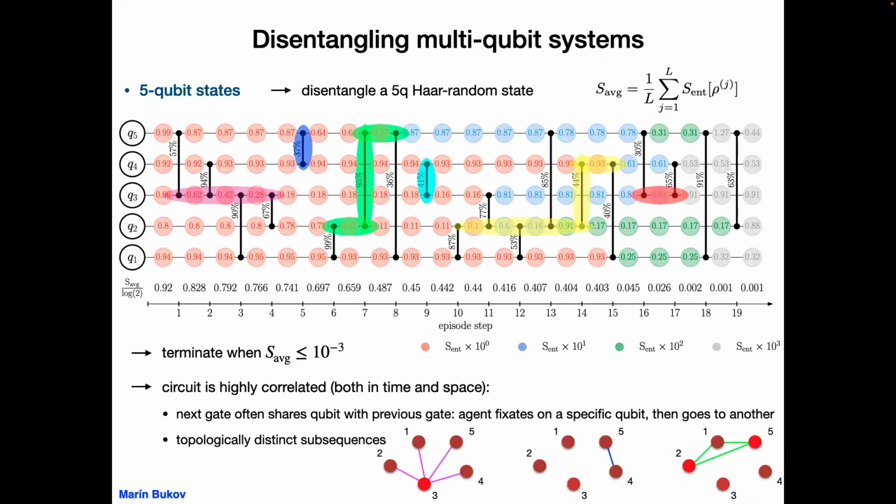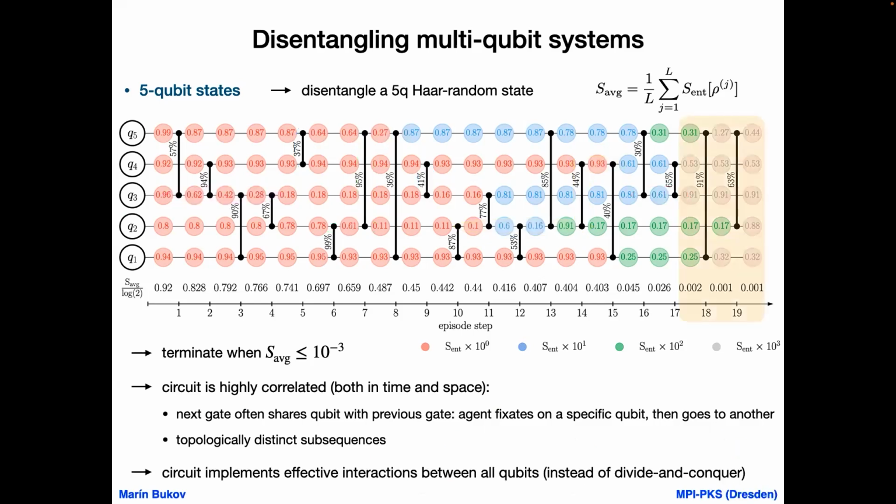You can say this circuit doesn't mean anything because you start with a random state. So the state doesn't have any information in it. And yet, whenever you have no other information, the only robust thing left is topology. So you can have topological classes of subsequences that allow you essentially to disentangle the state as quickly as